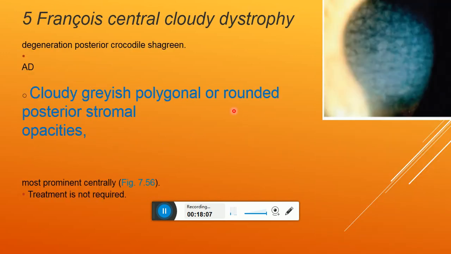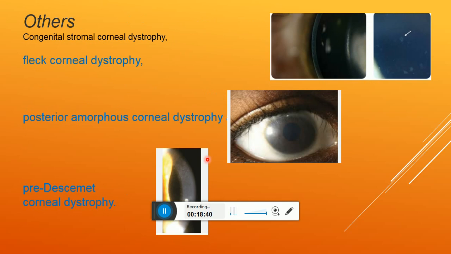So after Schneider, the next is Francois central cloudy dystrophy. It is not certain that this entity is a dystrophy. It may be clinically indistinguishable from the degeneration, posterior crocodile shagreen. Inheritance is autosomal dominant but not clearly established. Symptom: almost always none. Sign: cloudy, grayish, polygonal or rounded posterior stromal opacities, most prominent centrally. Treatment is not required. Other dystrophies, congenital stromal corneal dystrophies, are fleck corneal dystrophy,